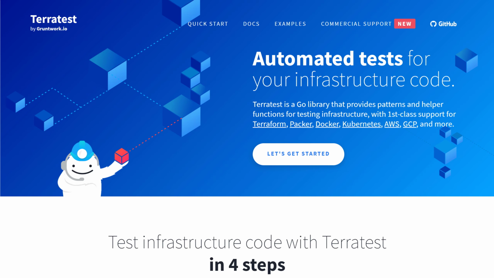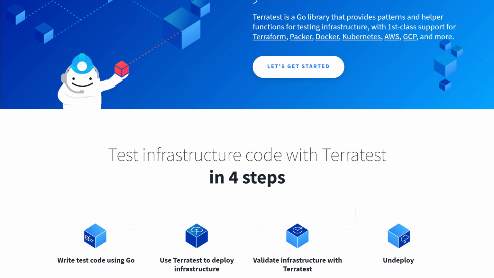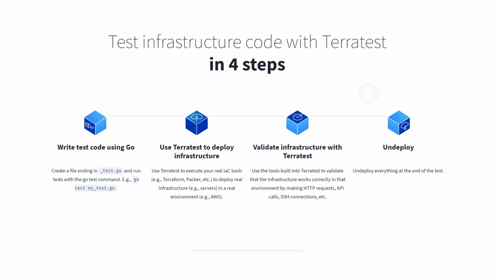So for each service, you would have its predefined sets of checks that you can run with TerraTest. And at the end, TerraTest will destroy that created infrastructure. So the basic idea here is to create or provision the infrastructure by running Terraform init, plan and apply, then run the tests using TerraTest modules, and then destroy that infrastructure. Let's see how that works.